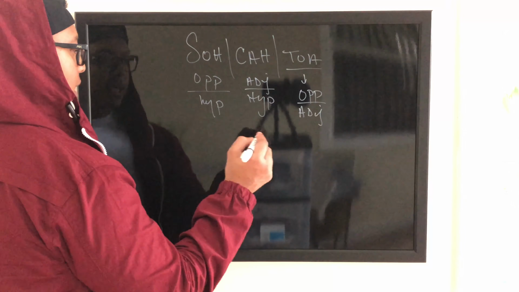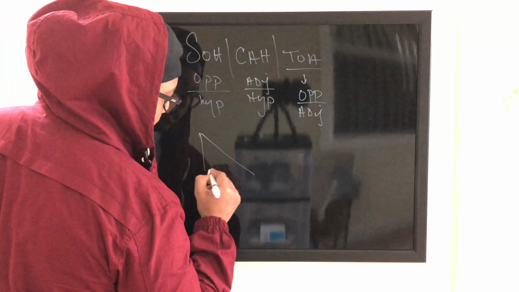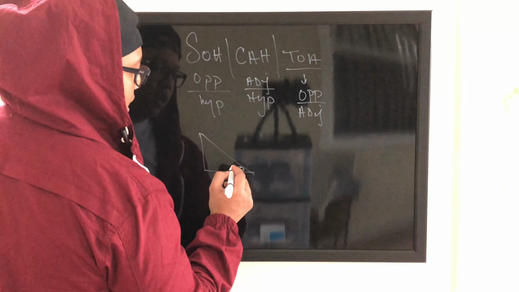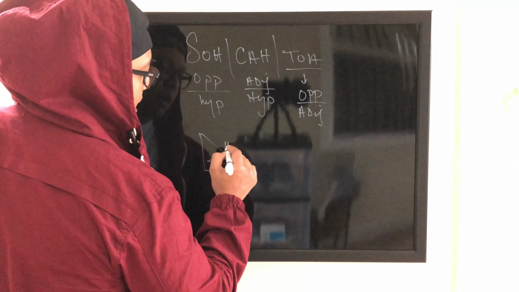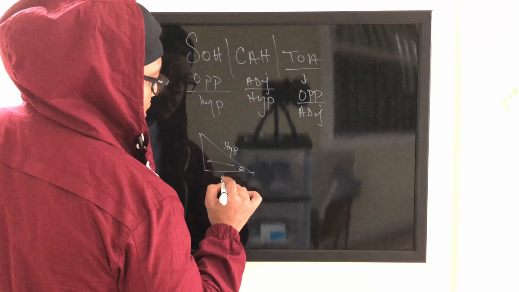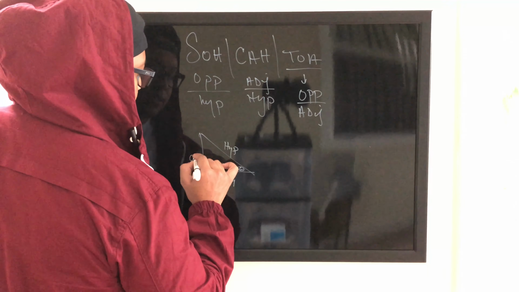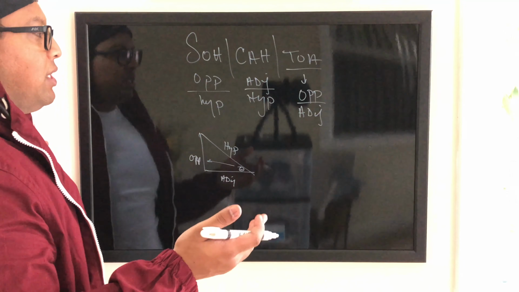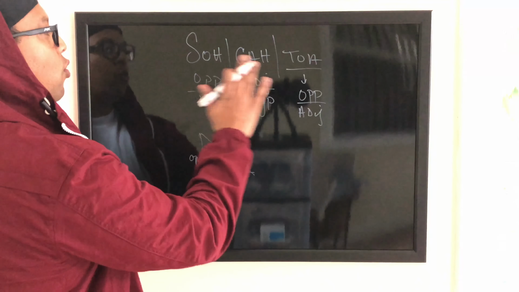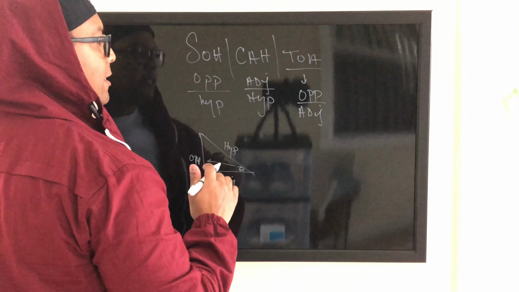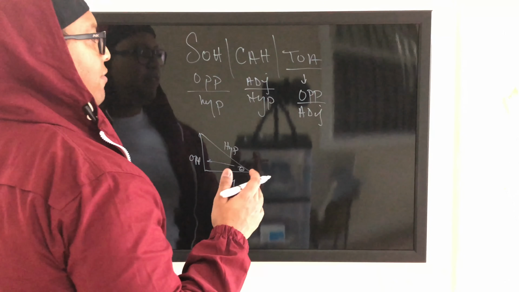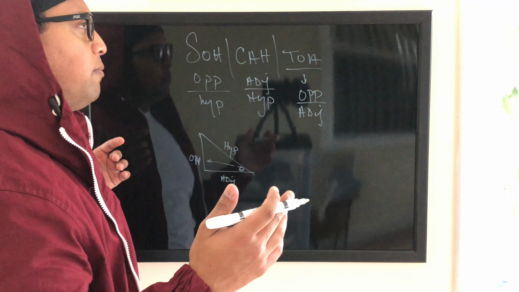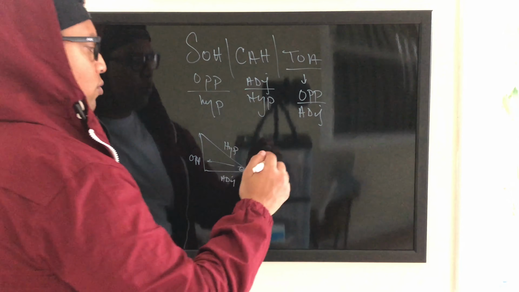So I think I was explaining at this point here, and I give you this angle theta here. From here is the opposite, from here is the hypotenuse, you know that, and then this is the adjacent side. So if I wanted to solve for anything, you would be able to easily find what you're looking for according to what's here. Let's say I gave you an example,